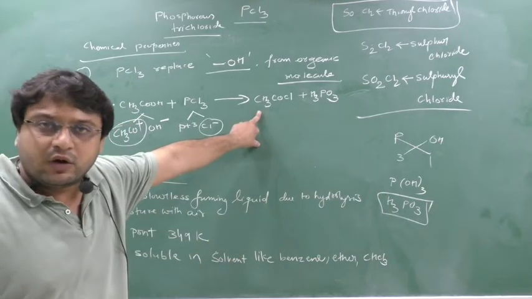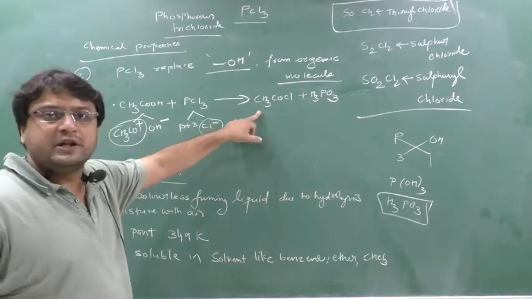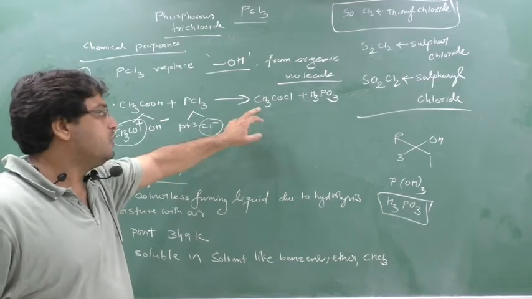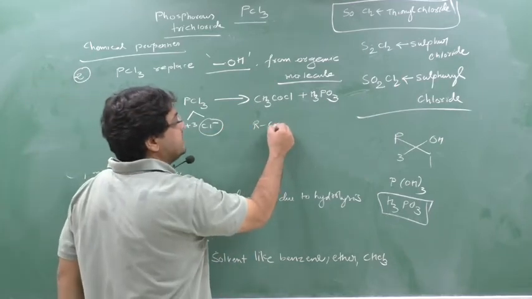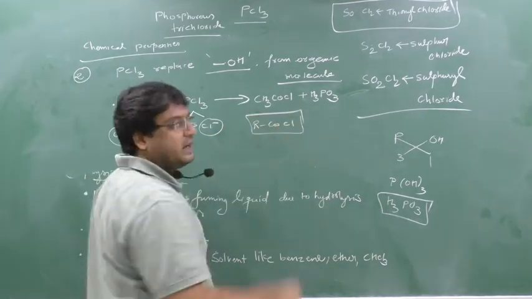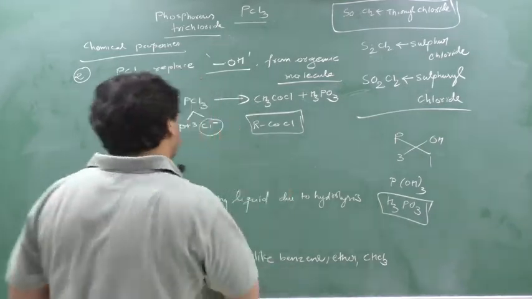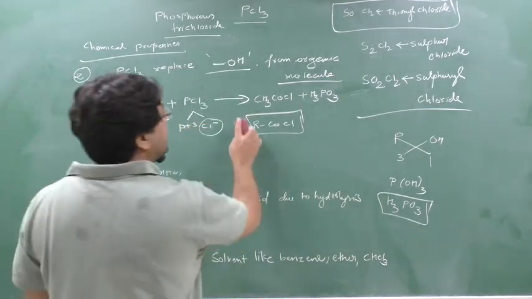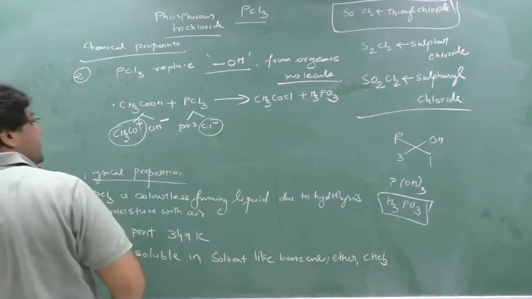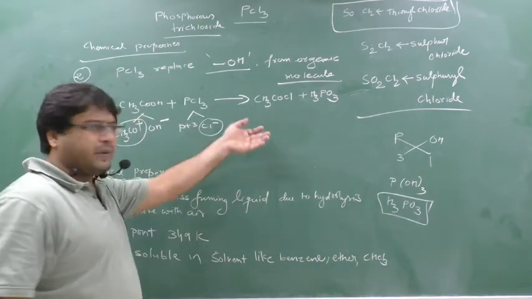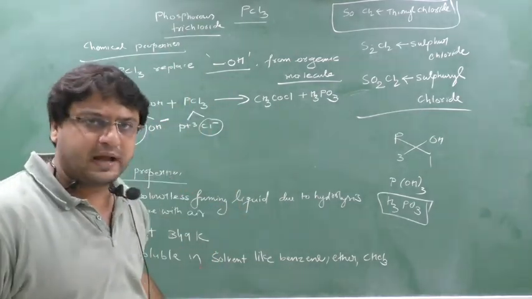And this CH3COCl is nothing but an acid chloride. When I go to organic chemistry, alcohol, phenol, ether, at that time I'll explain that this is RCOCl, and RCOCl is the functional group of acid chloride. You can write down here ethanoyl chloride. The compound name is ethanoyl; the suffix will be oyl, but it is not required. When I go to the organic compounds, I'll explain in detail.